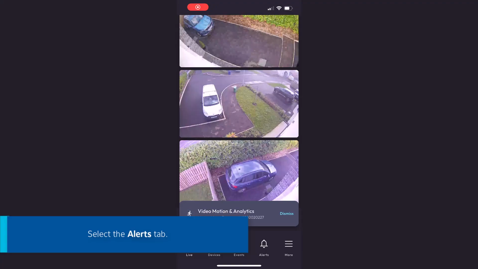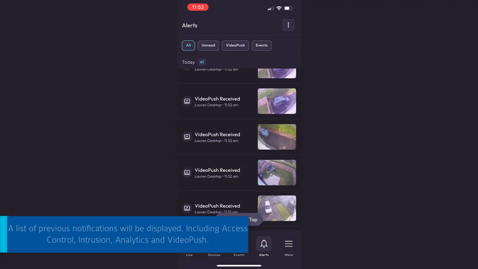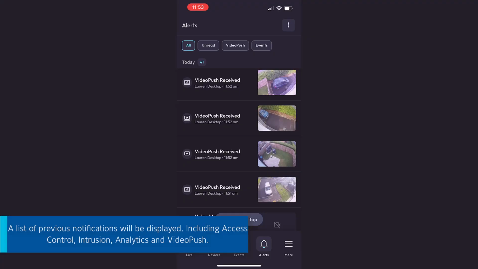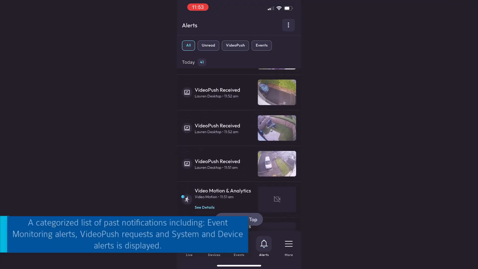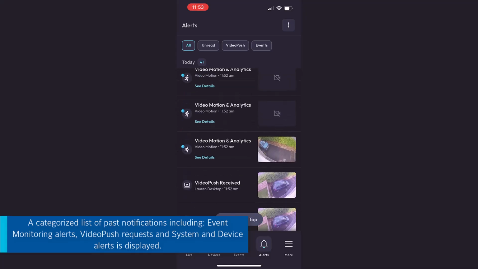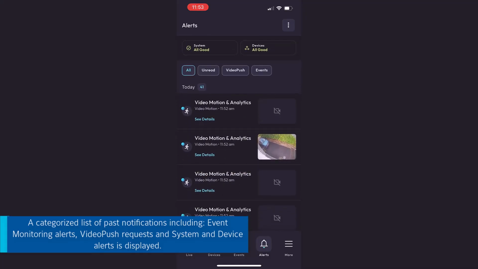To view alerts, simply select the Alerts tab. You'll see previous notifications, including access control, intrusion, analytics, and video push. The Alert Center displays a scrollable, categorized list of past notifications, including event monitoring alerts, video push requests, system and